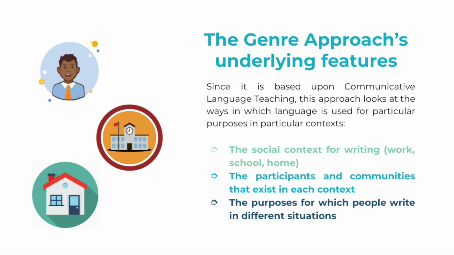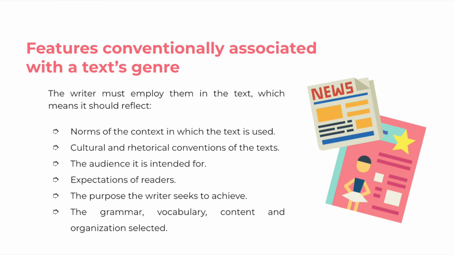Therefore, this approach adds a social dimension to writing and focuses on the importance of the reader in it, because the writer establishes a relationship with the reader, so they both build the context. In addition to this, the writer must employ certain features conventionally associated with a text genre, which means the text should reflect the norms of the context in which the text is used, the cultural and rhetorical conventions of the text, the audience it is intended for,